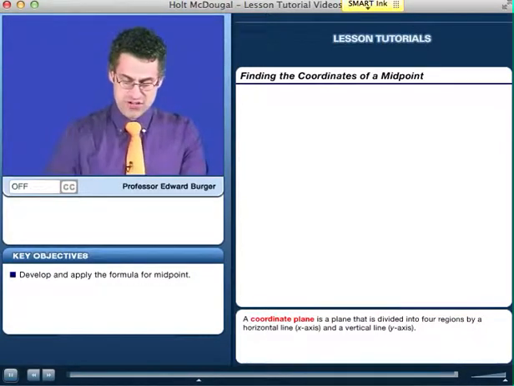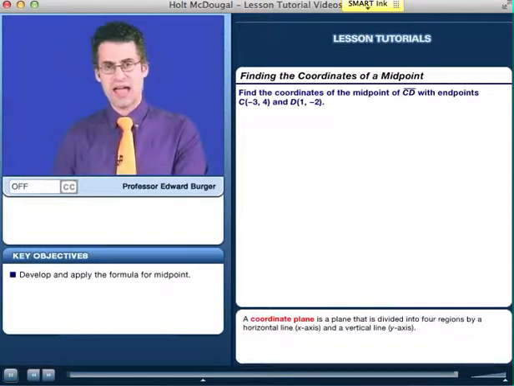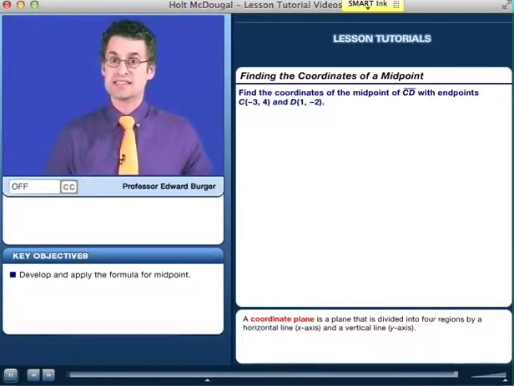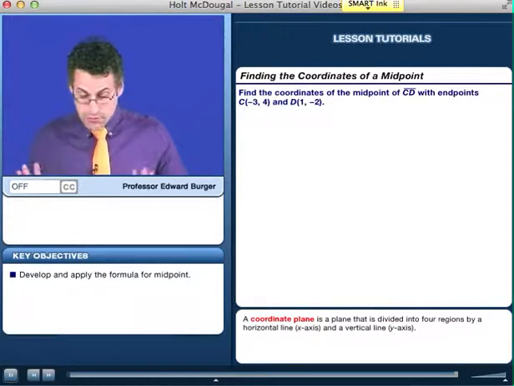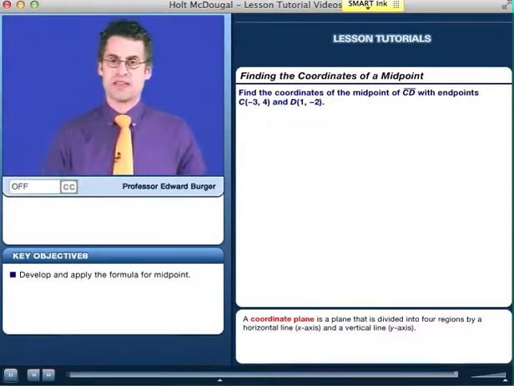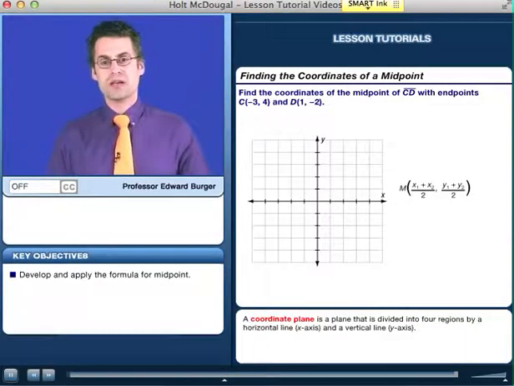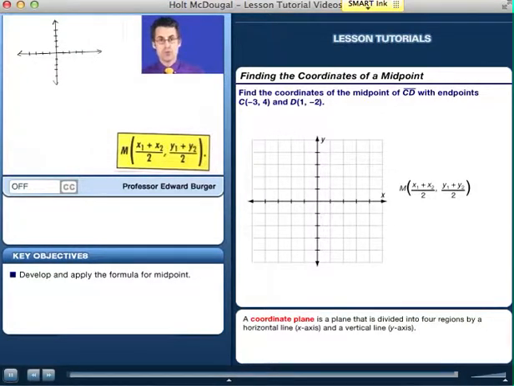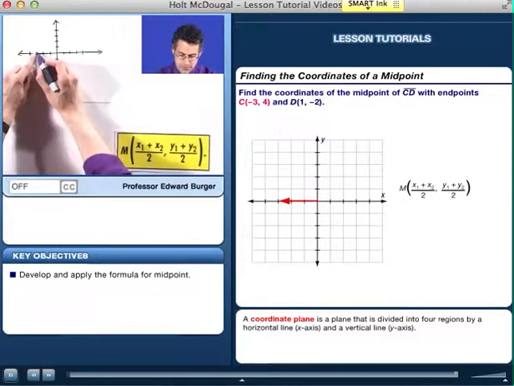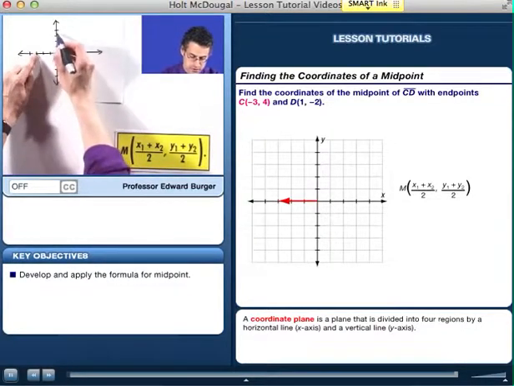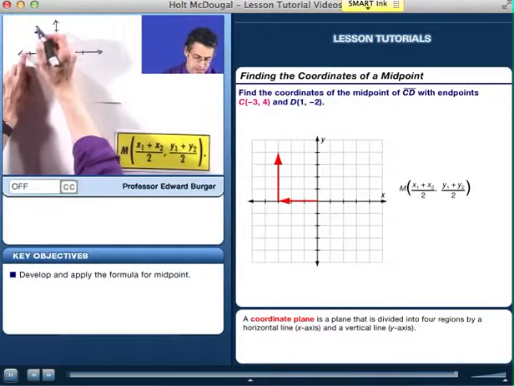So let's actually take a look at the line segment CD. And I'm going to tell you what C is, and I'm going to tell you what D is, so don't worry. It turns out that C has coordinates -3, 4. So -3, 4, where's that? Well, -3, 1, 2, 3, there's -3, 4. We go 4 up, 1, 2, 3, 4. So right here, that's C,